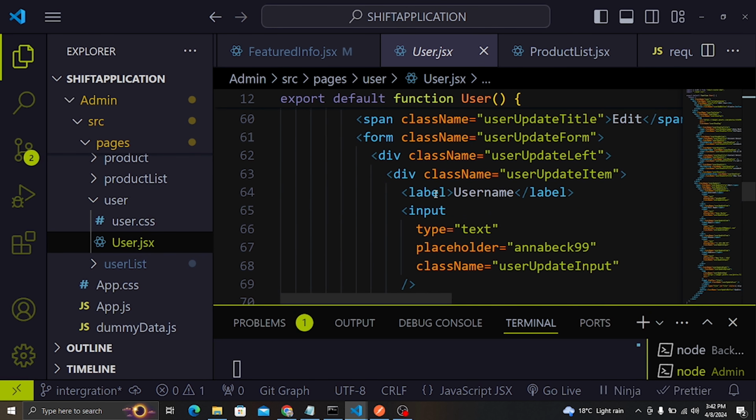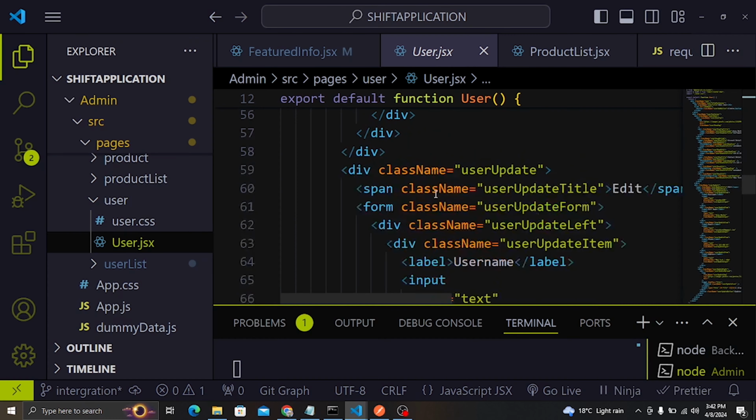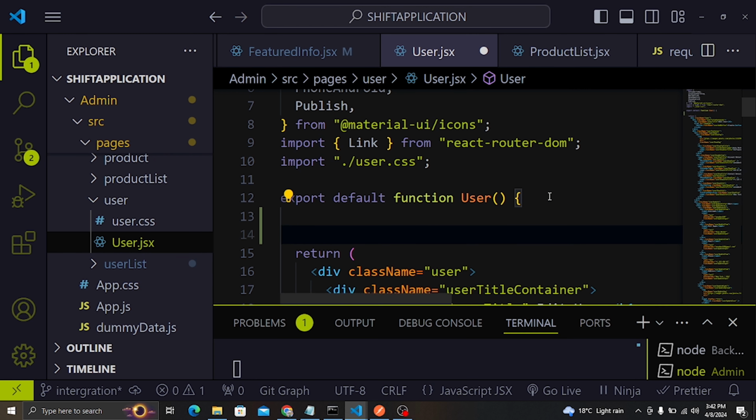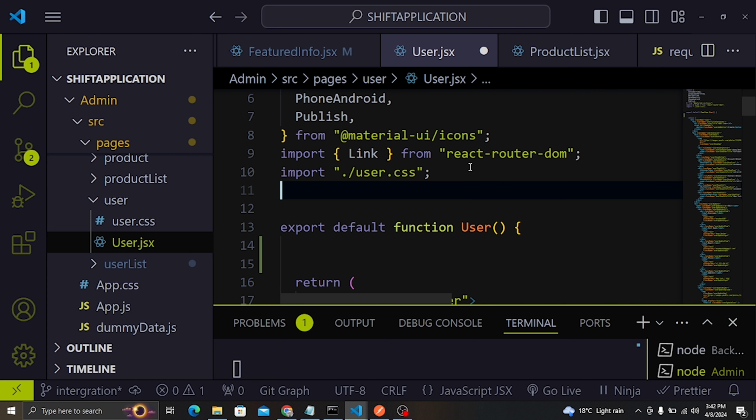So let me scroll up here, and the first thing that I'm going to do is to use location, because I can use location to get the ID from the URL. So here the first thing that I'm going to do is to import